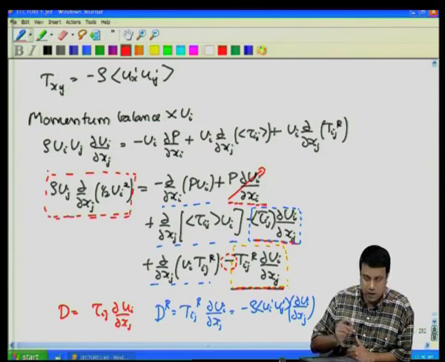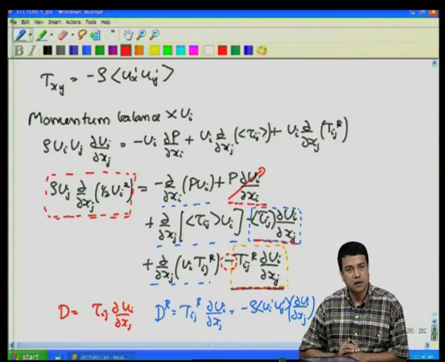For the mean velocity, this term is the production term. You can see it has dimensions of u cubed divided by L, because it has one gradient and uj times partial by partial xj of half u square. And I have taken out the density because it is just a constant.